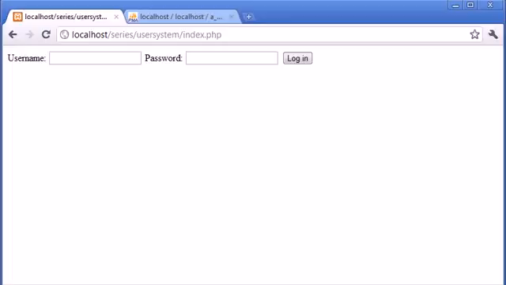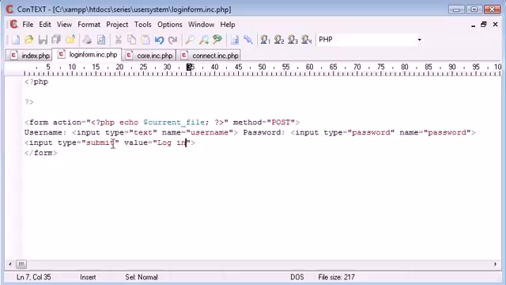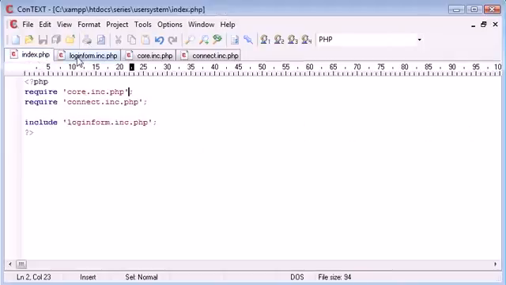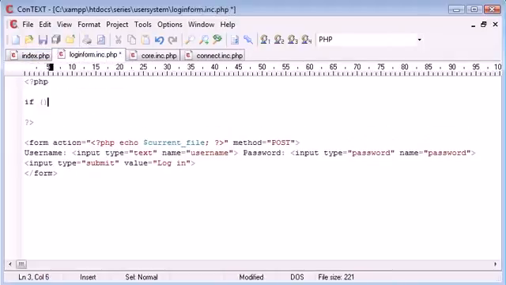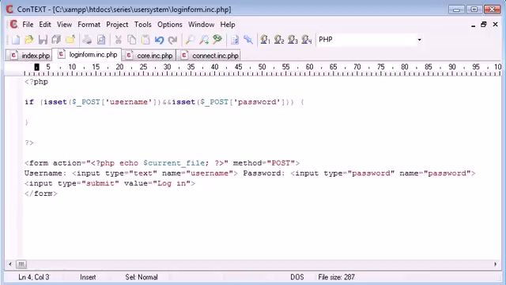Okay, so the next thing to do is process what's going to happen when this login form is clicked. So we can view an example on the index.php page, even though we're processing it inside loginform because we've included it. So let's first of all check if the username and password have been set, meaning the form has been submitted. You may have seen this example a few times before. So we're saying if isset, wrapped in brackets, $_POST username, and isset $_POST password as well, and then inside the block we're checking if it's empty or not. So we're first saying is it set, and if it is, we're running this block, and now we're saying if not empty,